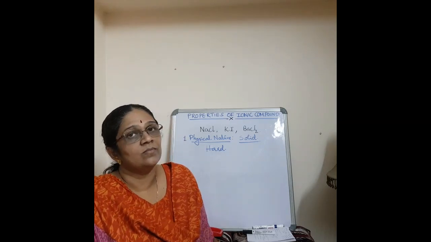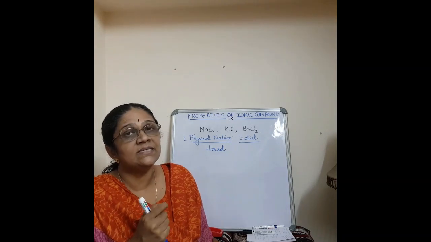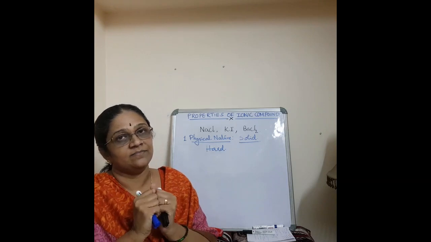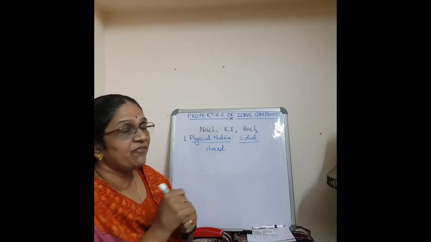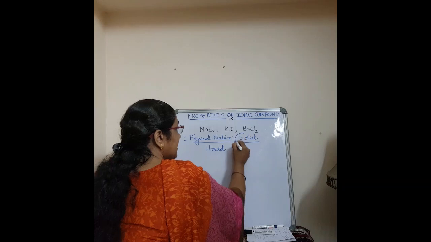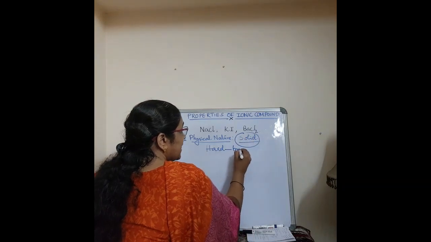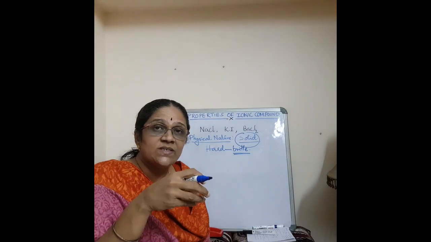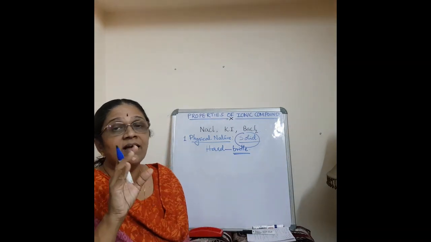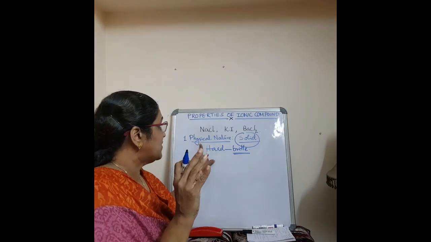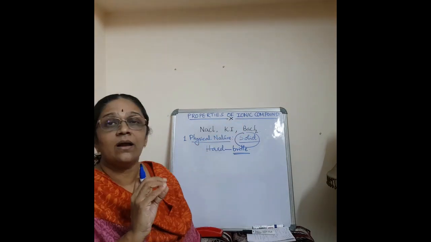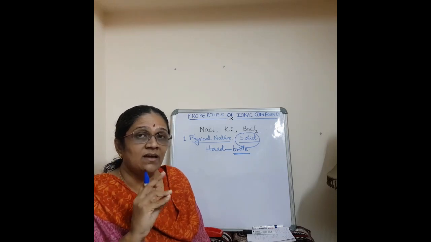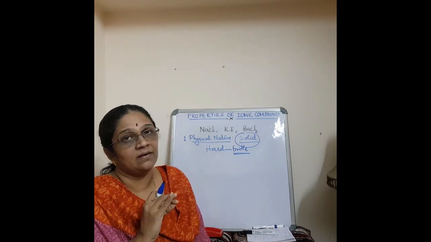Okay. Now at the same time, though they are hard, ionic compounds are also brittle. Now what do you mean by brittle? Brittle means on applying pressure or stress, it may break. That's the meaning of brittle. So I can write that ionic compounds are generally solid, hard as well as brittle in nature. Brittle means on applying stress, pressure or force, it can break. So that is the first property, the physical nature of the ionic compound. You got it? Generally they are solids, hard and brittle.